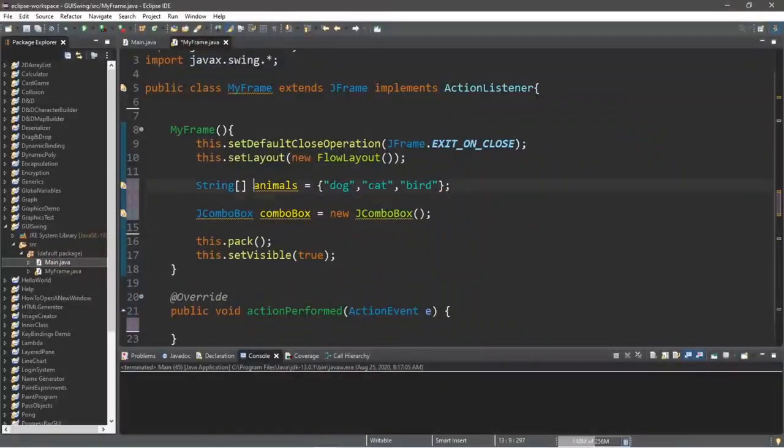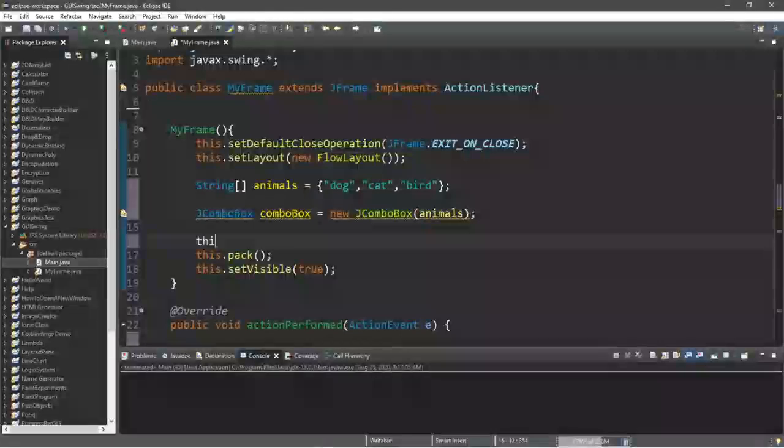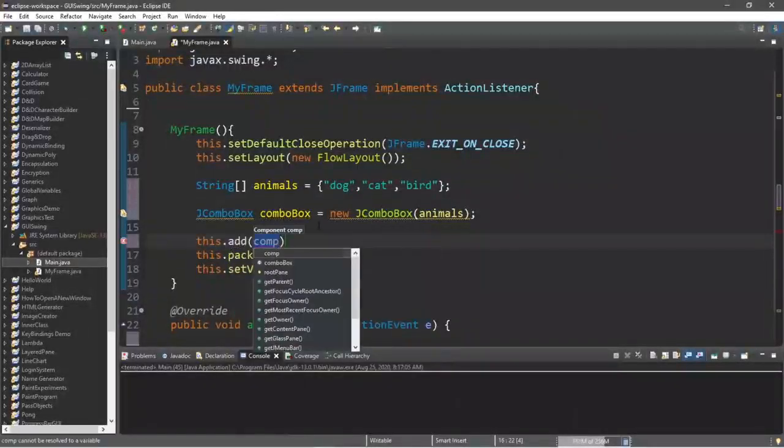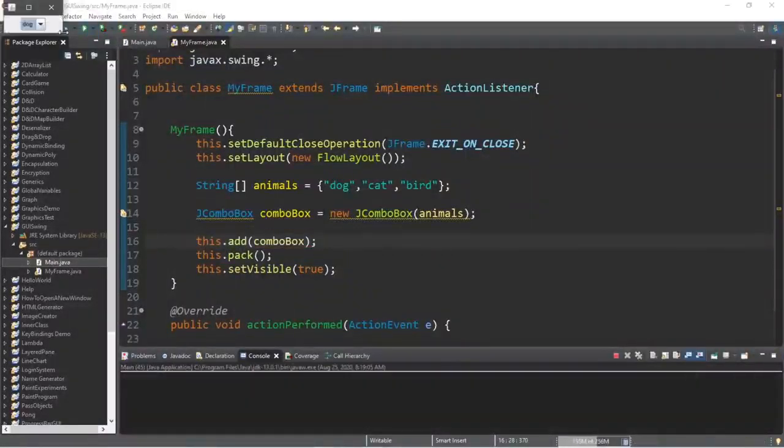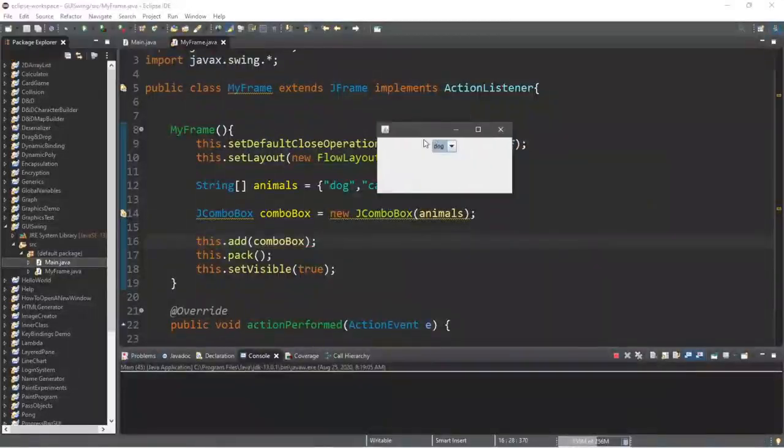So with this array of animals, we can pass this into our constructor when we create our JComboBox. And then lastly, we just need to add this combo box to the frame. So this .add, and we are adding our combo box. And then when we run this, we have a drop-down menu, a combo box, and we can select one of